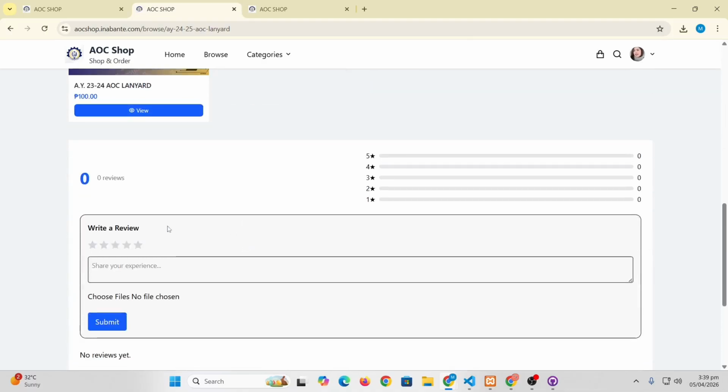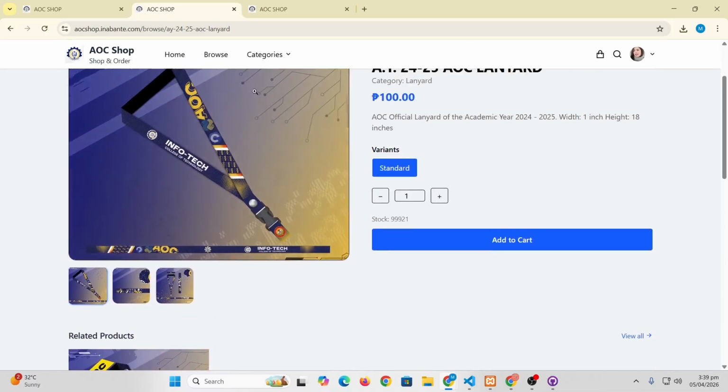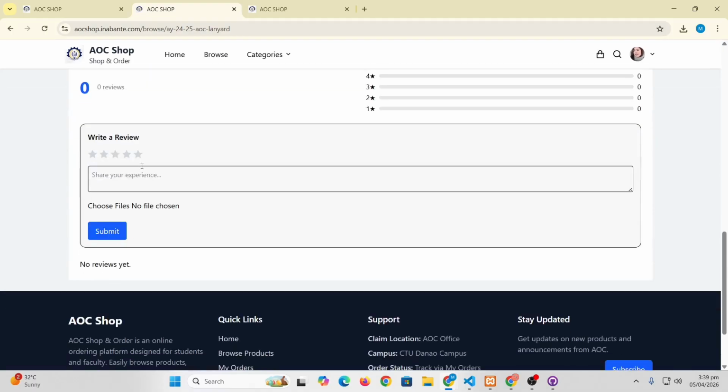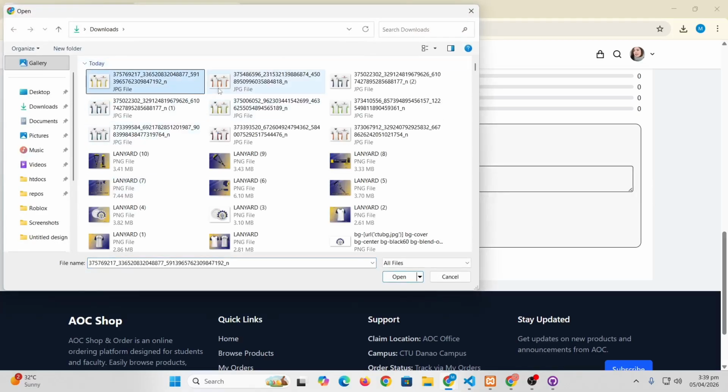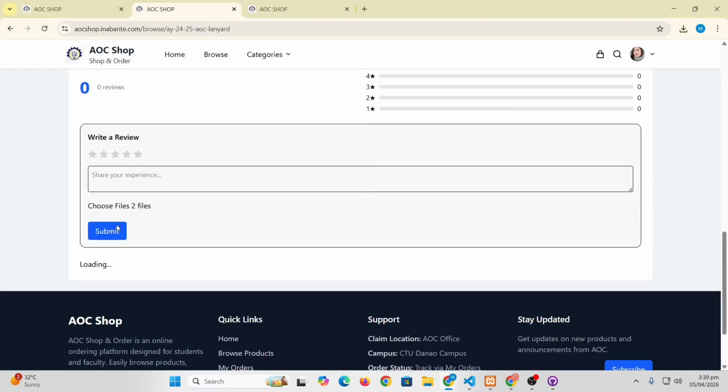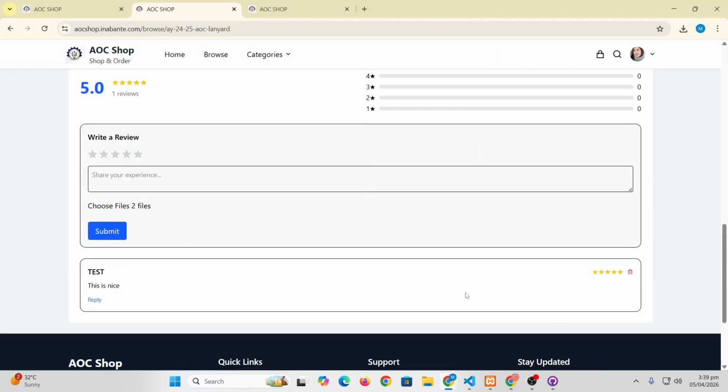Okay. So let's now add a review. For example, we will add a review for this one. 5 star. This is nice. You can also add an image. Okay, so this is nice, and you can delete that one. As you can see, I have a 5 star.